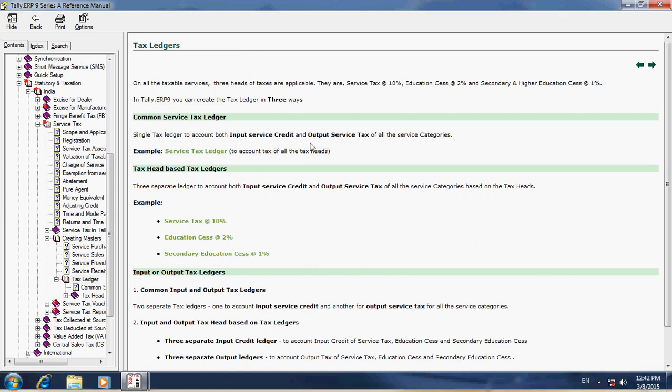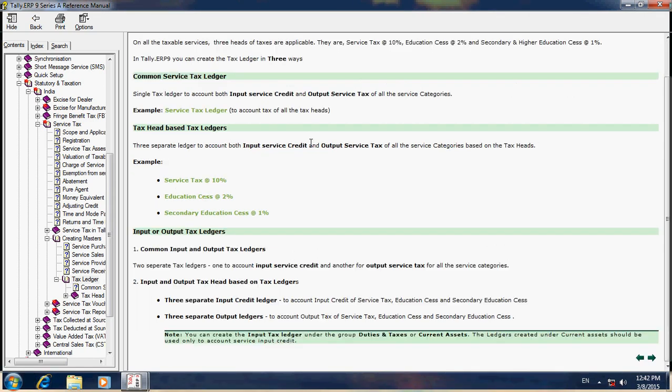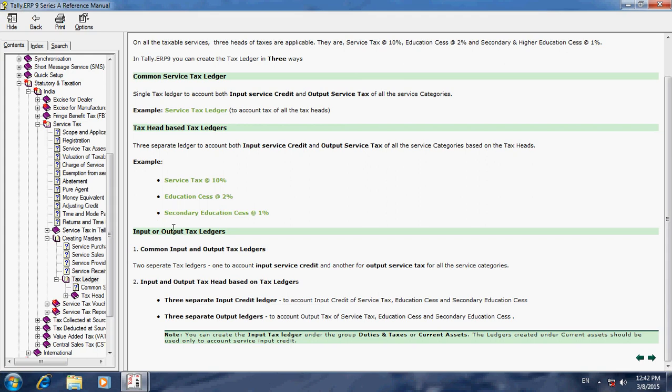You have to create only one single ledger for both purchase and sales. For example, these are the ledgers you have to create: Service Tax 10%, Education Cess 2%, Secondary Education Cess 1%. These are what you are going to create. How to create, I will explain here.